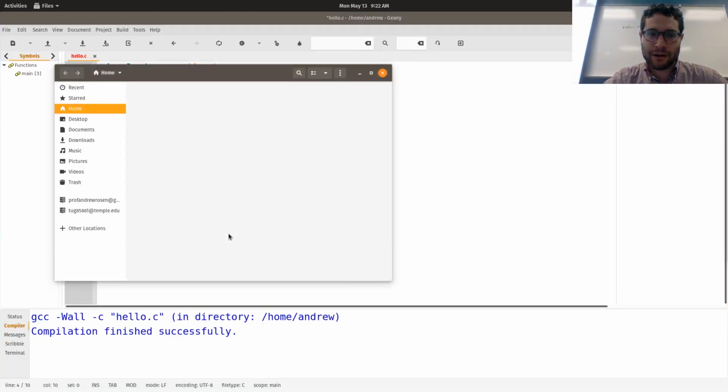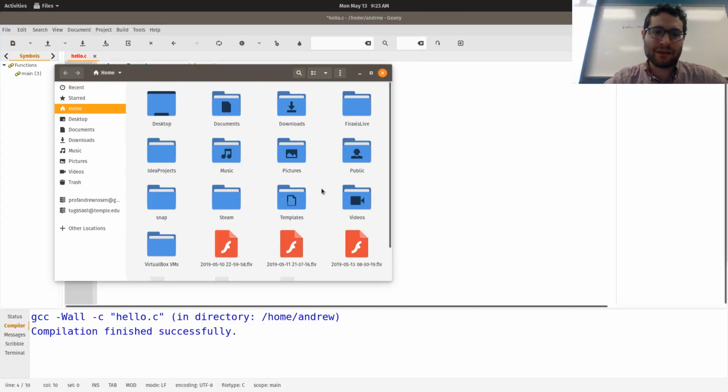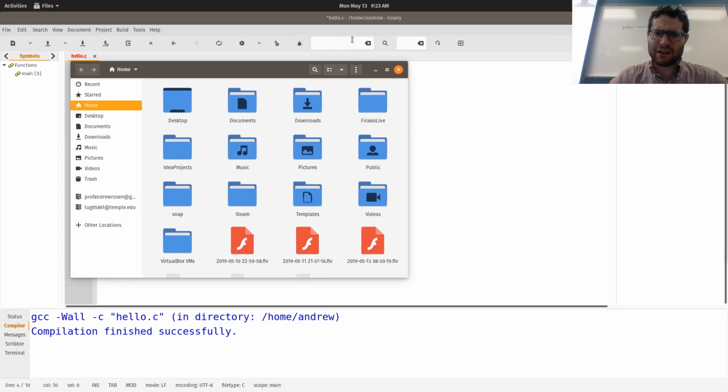Otherwise, for the file system on a Unix machine like a Mac, you'll want to go to your home folder, which should be located under /home/username. If you go to your Finder and just type in home and hit enter, it should pull up that folder. And that's basically the top level where all your directories are located.